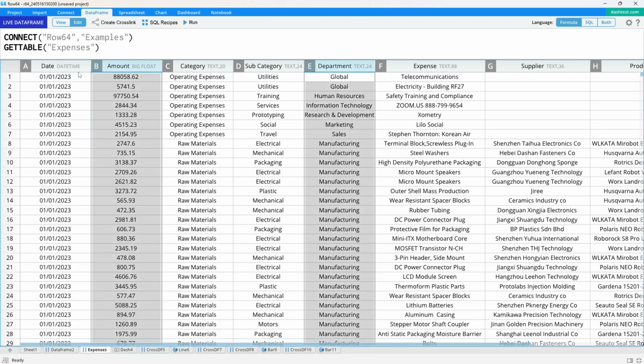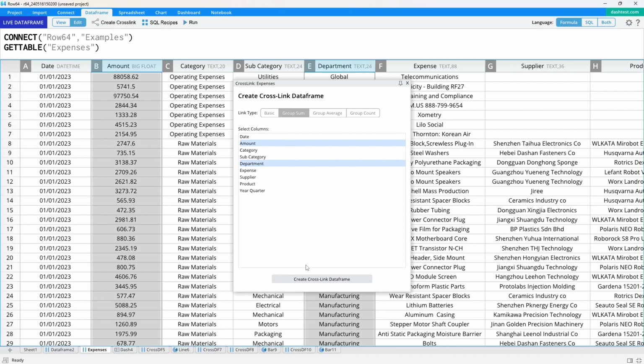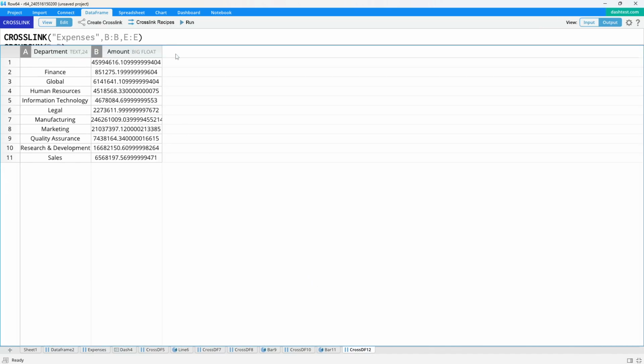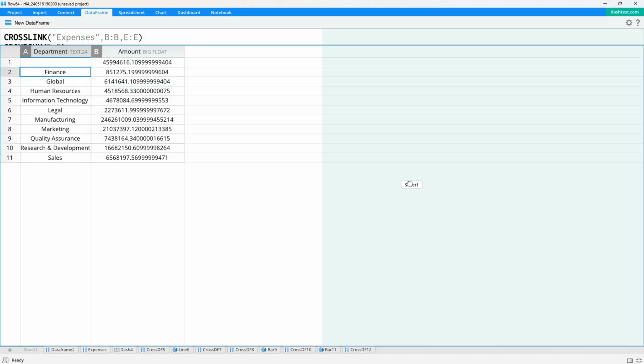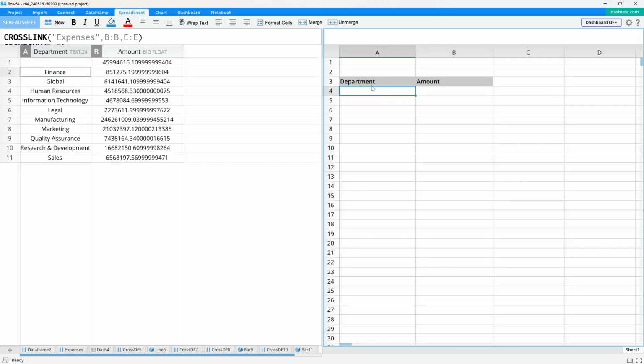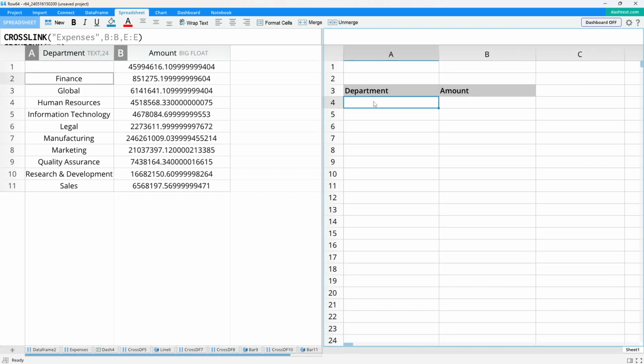Okay, and I'm going to create a cross link, and I'm going to group sum it. And so I've got that here, but I'm going to ignore this, like this is the expenses that had no department. I'm going to ignore that. So what we're going to do is pull our spreadsheet over on one side. I'm hitting the plus key to make it a little bigger. And then we're going to say, okay, what is our global expenses? And that's going to be,